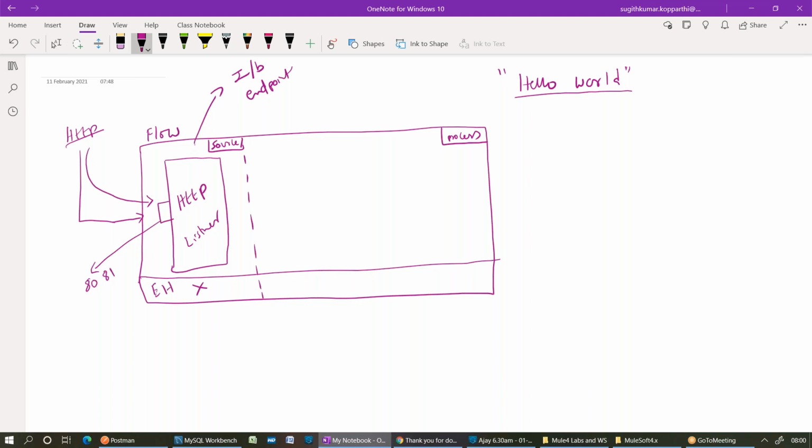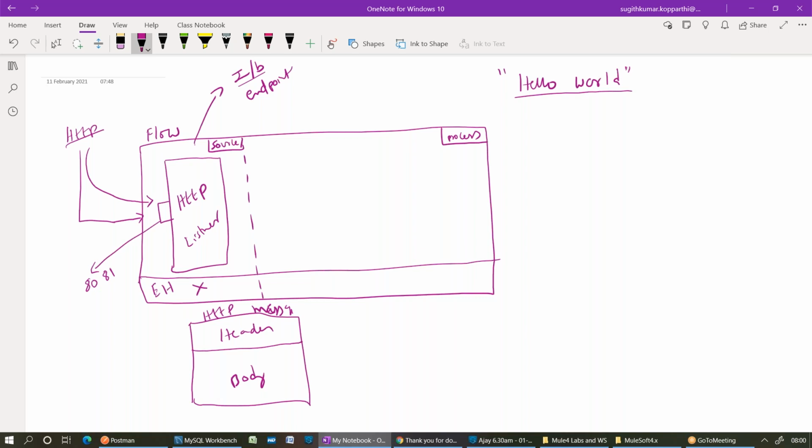So you need to understand how a flow works, right? So I configure an HTTP listener. I'm calling this an inbound endpoint because it is accepting the request into the flow, right? So what is the responsibility of this inbound endpoint? Whenever I'm receiving the HTTP request, assume that one HTTP message got created. What is the structure of a message? Header and body. What type of message is it? A plain HTTP message, right?